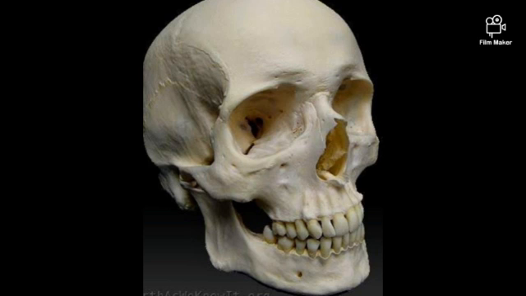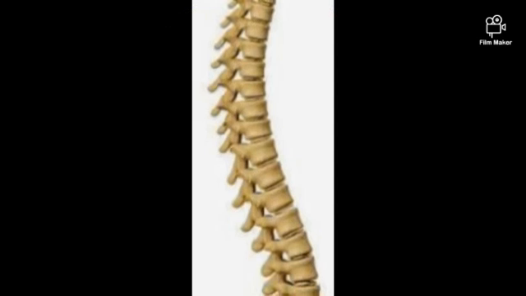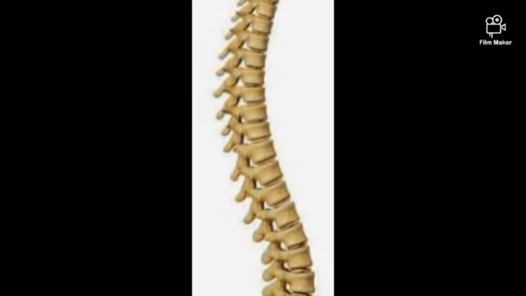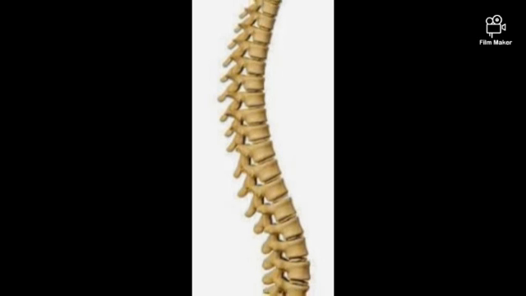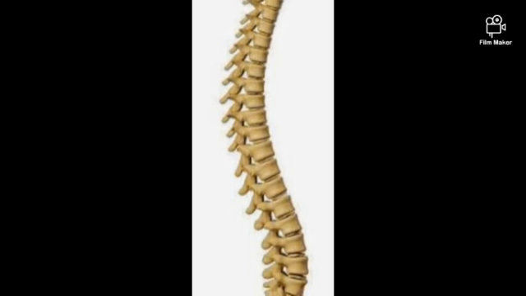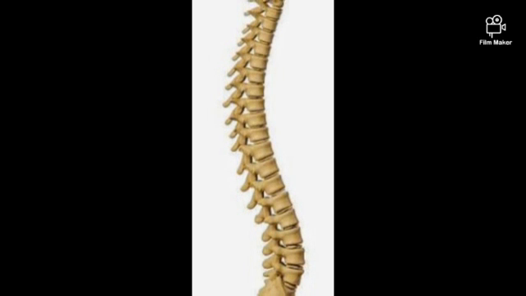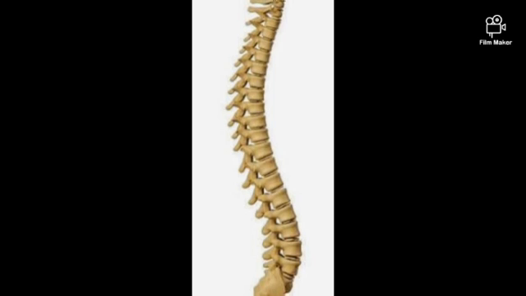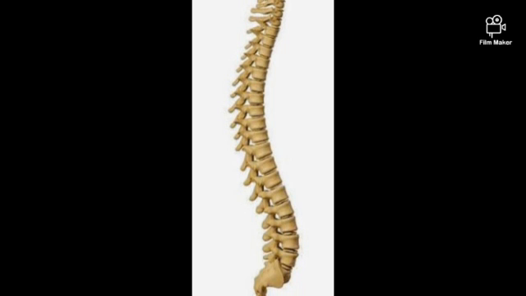Now, the backbone or spine. Backbone in Hindi means रीढ़ की हड्डी. You can also see it on your screen. Press and move your fingers along the center of the back of a friend. Can you feel a long, hard, bony structure which is not very smooth? This is the backbone. It is not smooth because it is made up of a number of small bones. The backbone consists of 33 small bones called vertebrae.